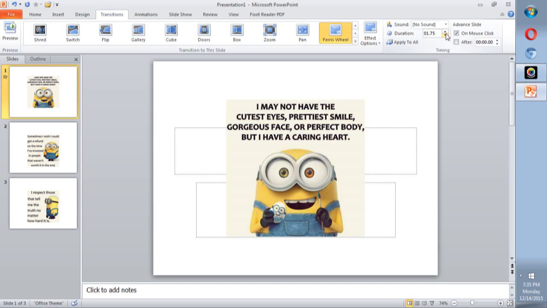Click the arrow upper or lower. Okay, this is 2 minutes and 25 seconds, and then Apply to All. So that is it.